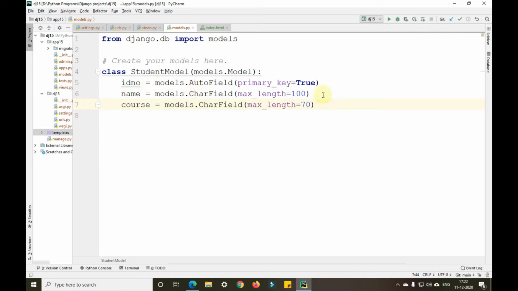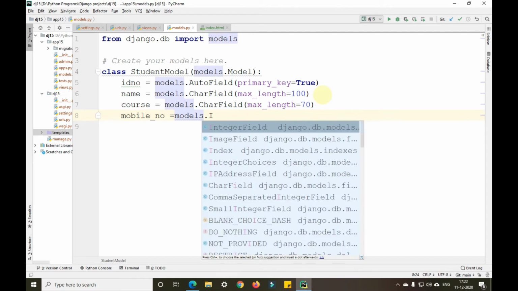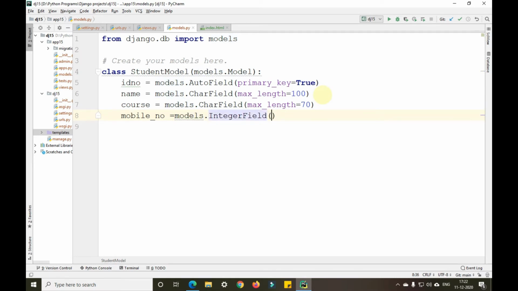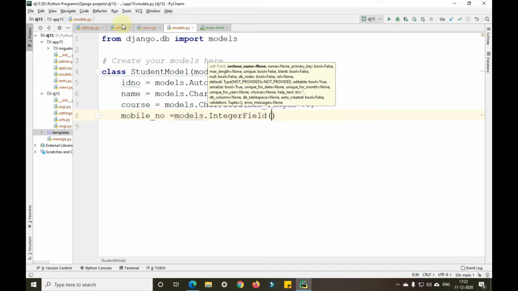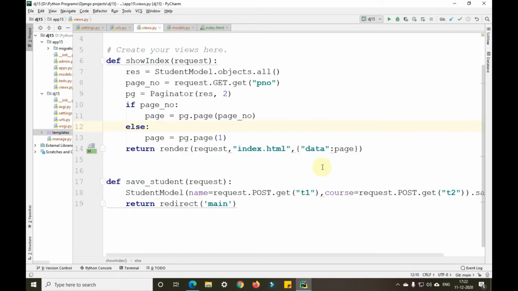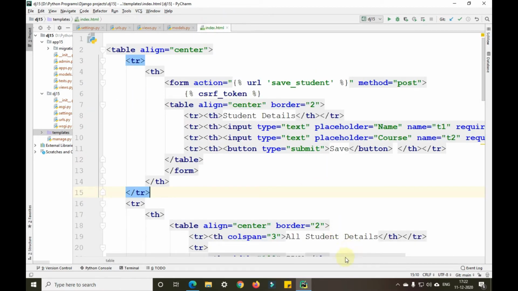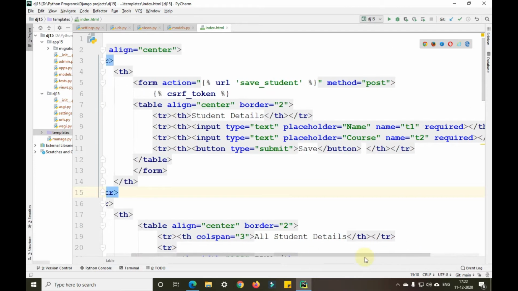We can also add another field here. So let me add another field after the course: mobile_number = models.IntegerField. Similarly, in the index.html we need to add another field here.